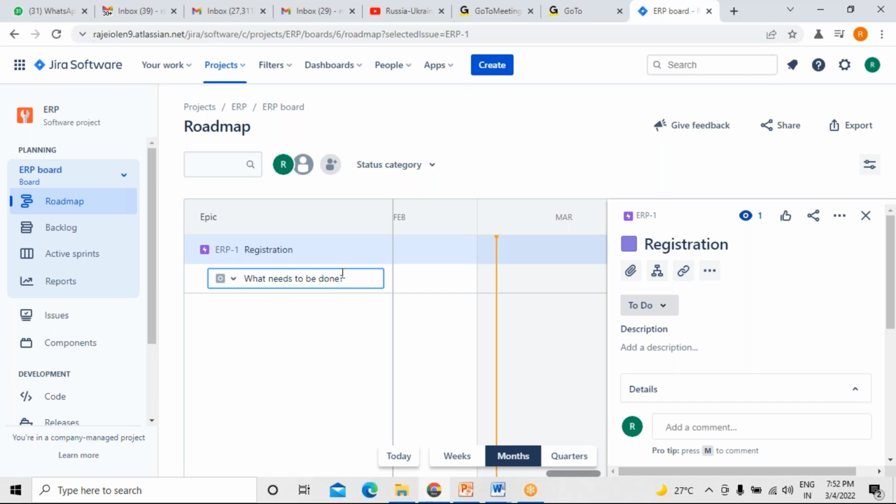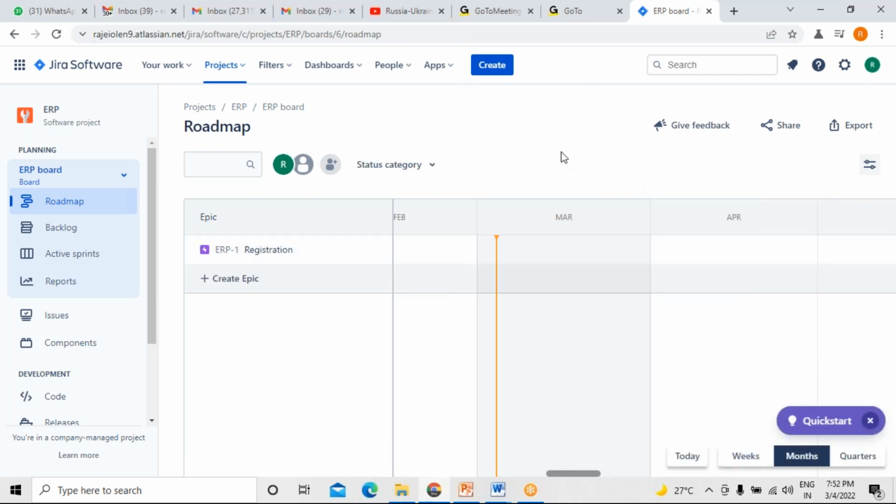So Raj, understood or not? For example, yes, this I understood. During the ongoing project, we get some feedback, and against those feedback, we have to log some issues. So for those issues, also we have to create the epic first in the roadmap, or we can directly create the issue in the backlog. In that case, whatever the logs you have to create, for that particular epic they can be created.